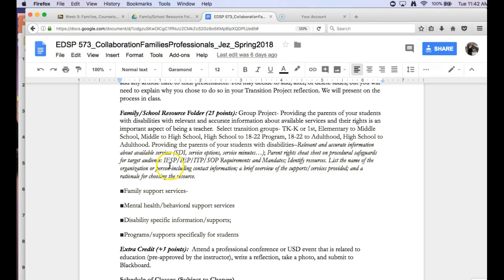And then what is the difference between the IFSP, the IEP, the ITP, and the SOP? So if you are with the secondary students, that's when you are required to do the ITP, and then for a student that's exiting out of school, they need the summary of performance. But all students need the IEP cheat sheet and understanding of what are the requirements and the mandates. We also know that although it's not required for a transition plan, starting with transition planning in elementary school is really helpful. So, there's those sheets in the Zorro Center that talk about how you can bring up transition in elementary school and what things you can work with.